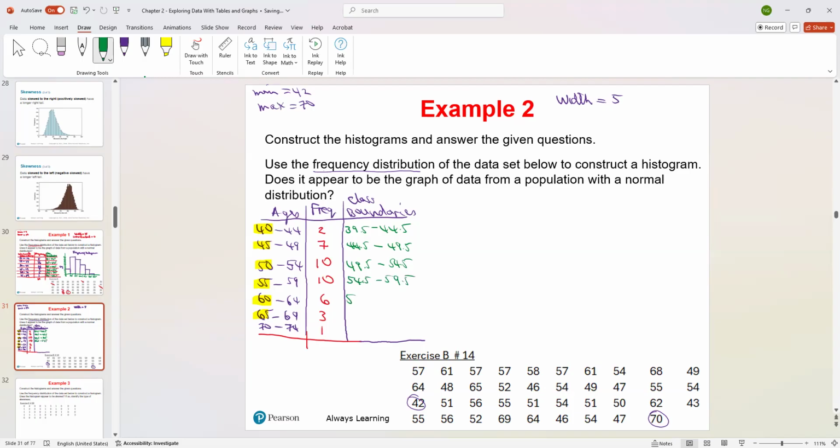59.5, 64.5, 69.5, 74.5. So the reason why we do that, as we said, is when you construct your histogram,